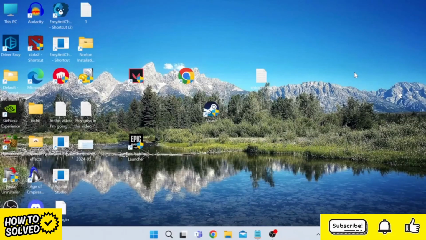Hey guys, if you can't change your brightness on your Windows computer, either the slider could be missing or it's just not working in general, then keep watching, as in this video I'm going to provide you with some quick and easy solutions. We will start with some basic checks and then we're going to move on to some more